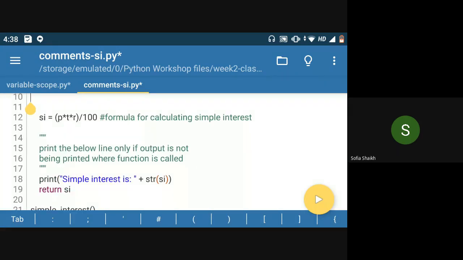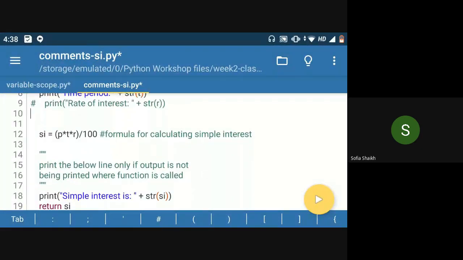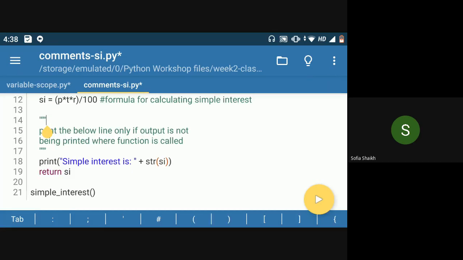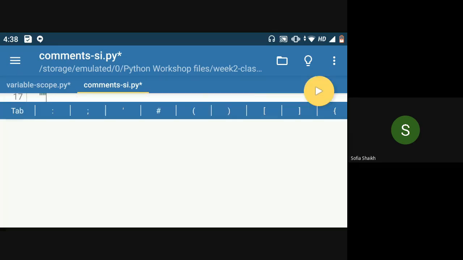But if you want to write a big comment, some very big comment which is going to take more than one line, then you can use the multi-line comment. This from line number 14 to line number 17 is the multi-line comment.